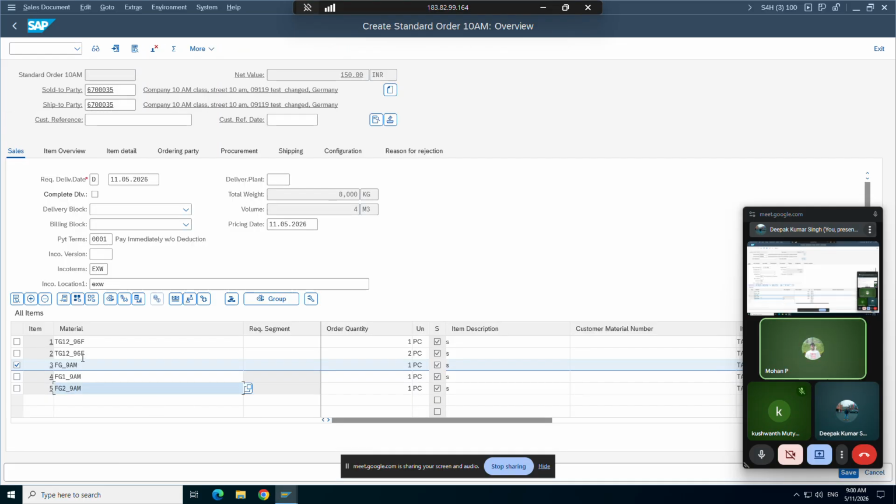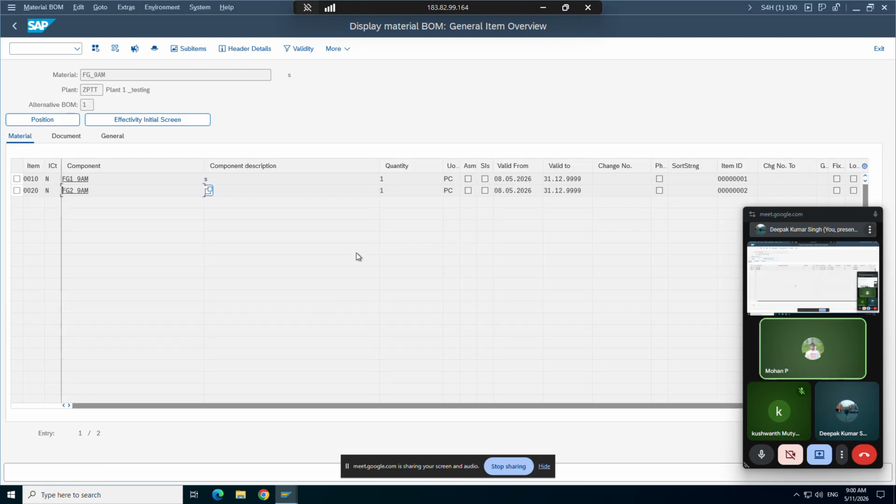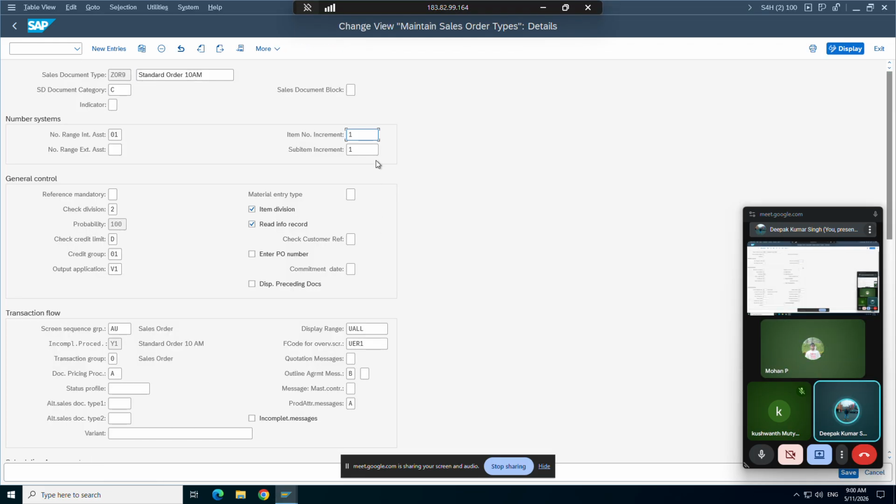Okay, so that's why you see there are three line items now. And also how these child item numbers are increasing 3, 4, 5 because of this number increment, actually this child increment thing. Okay,